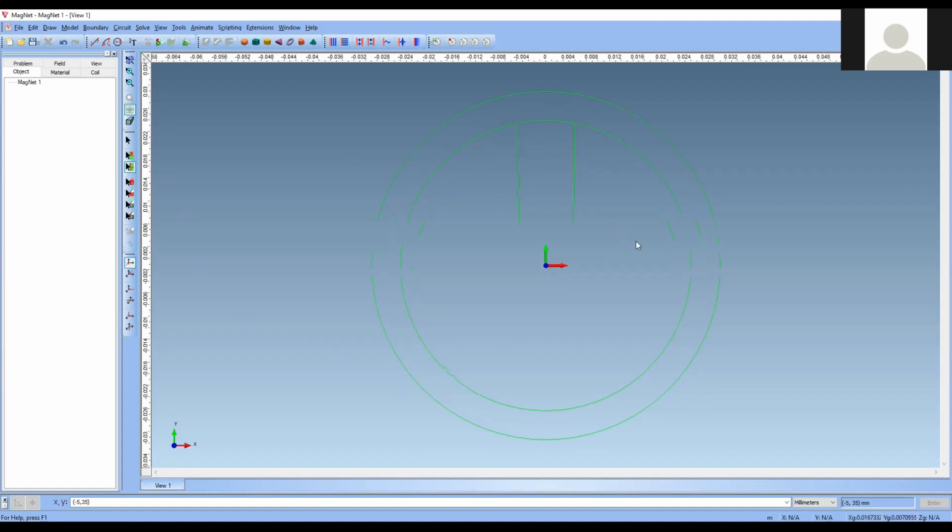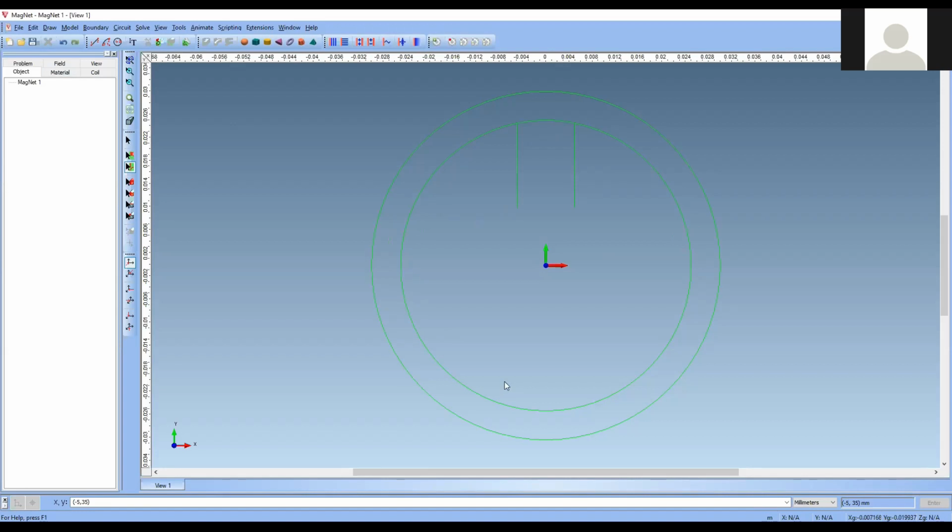Now again, if you see this portion, stator teeth, this portion should be opened, right? Teeth means this portion should be opened. So what we want to do? We want to select this line. Segment edges. If you select this, it will get opened. So if you delete it, it will go. So these are the tricks for developing the geometry. These are the steps.